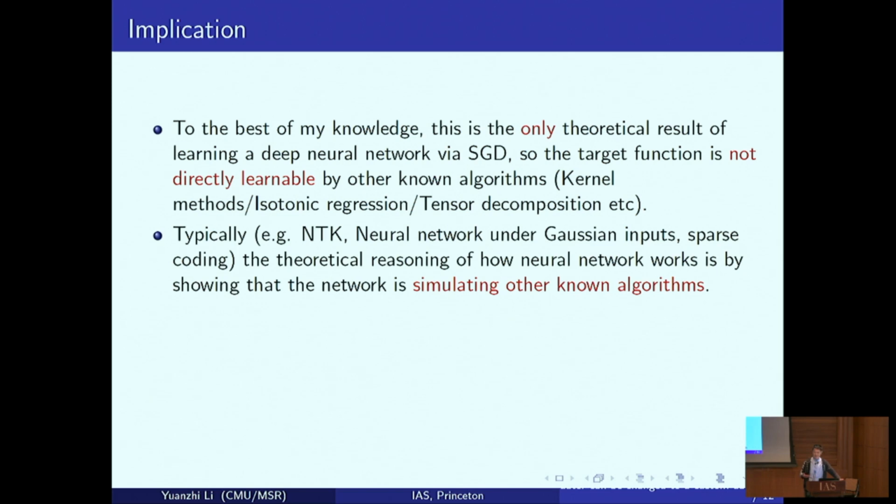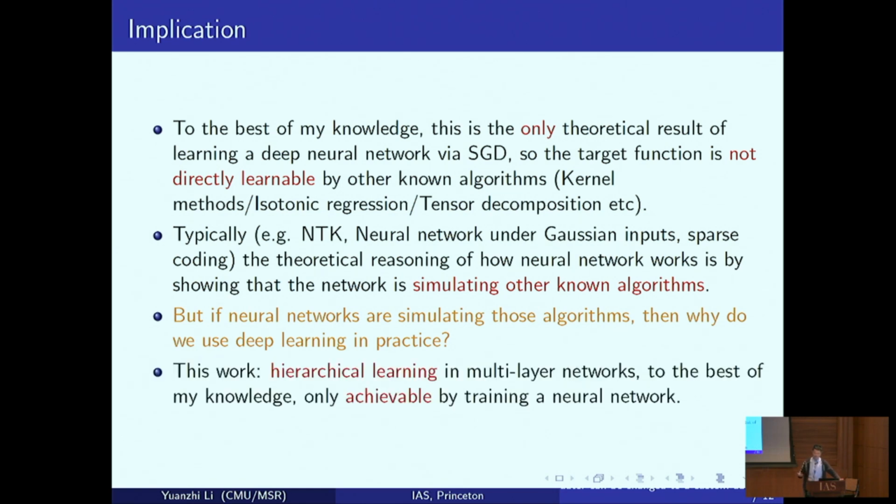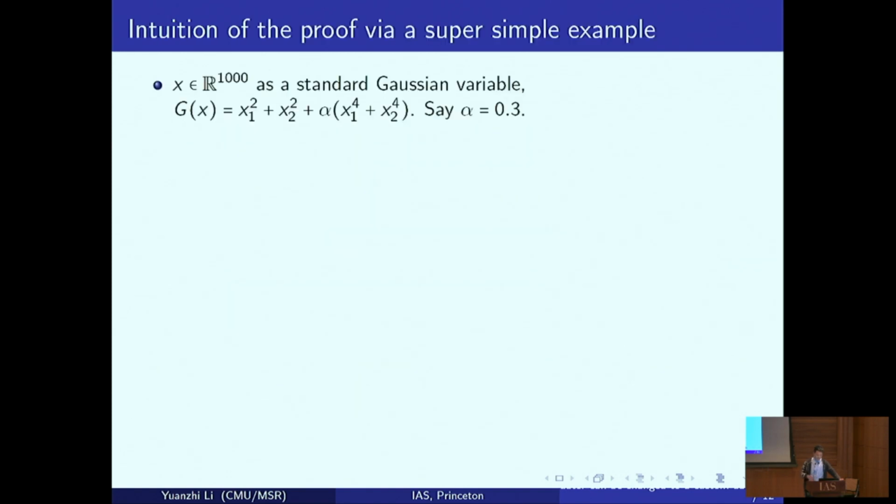This is a philosophical point, because typically if you do theoretical reasoning of how neural nets work, it just says they are simulating something that we know, so it works. But if it's actually simulating these algorithms, then why do we use deep learning in practice? And in this work, we will show that the multilayer neural net is doing hierarchical learning that is not really achievable by all the other known algorithms. So let's start with the